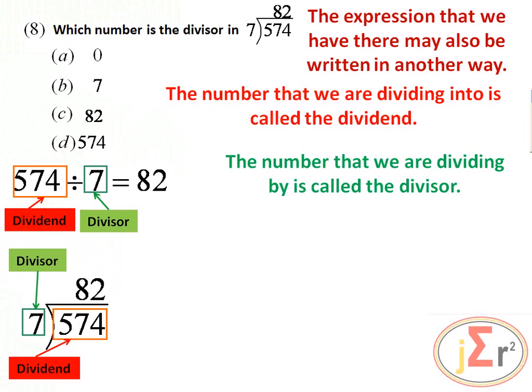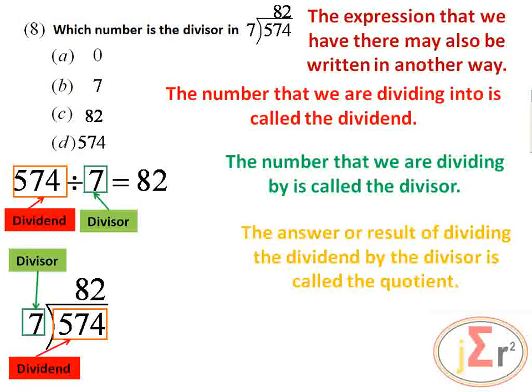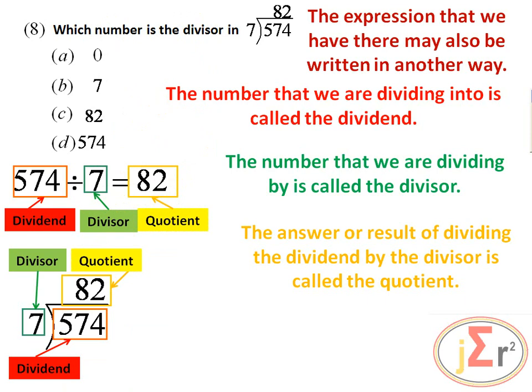And the result is called the what? It begins with a Q. Quotient. Right, so the result is called the quotient. So the answer or result of dividing the dividend by the divisor is called the quotient. So there we have our quotient being identified, which is the result that we get when we divide the dividend by the divisor. The correct answer is therefore option